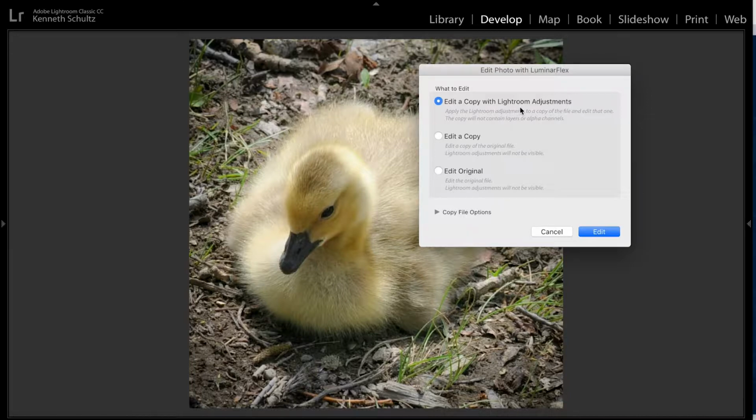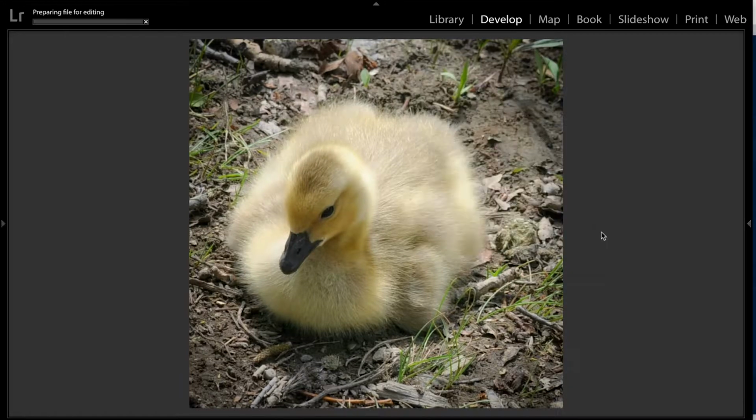So I think that's one of the safest and more fun ways, unless you specifically want to edit a copy and start from scratch and see which gets you closer to where you want to go, whether it's Lightroom edits or Luminar. I like the idea that you can just start with where you are and then see if you can improve it in Luminar. So if I hit edit now, I'll just show you this for a few minutes